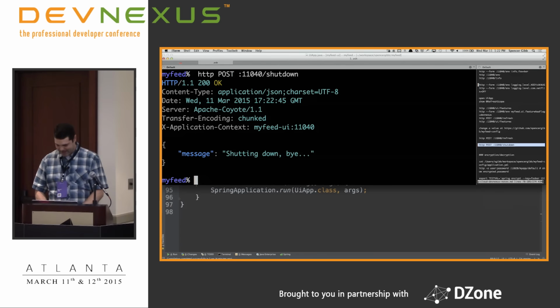Another thing that we have added with configuration servers is the ability to encrypt properties in those YAML files or properties files, and have the config server or the config client, either one, be the one that decrypts those values. So you don't have to worry about having sensitive information like passwords in config files.